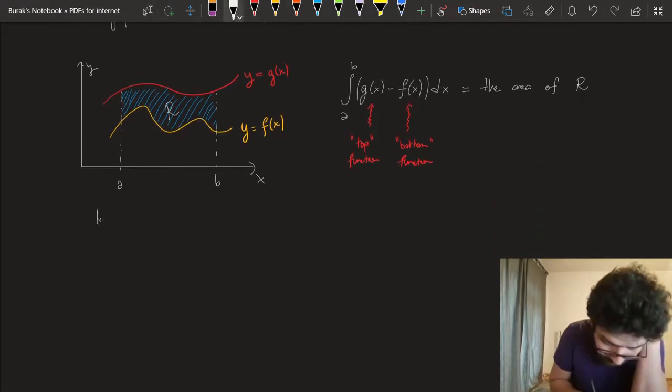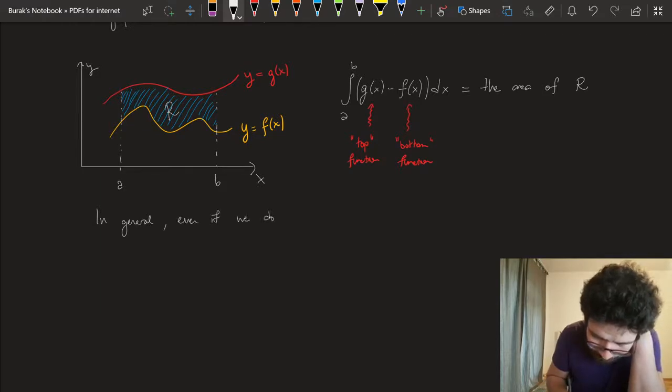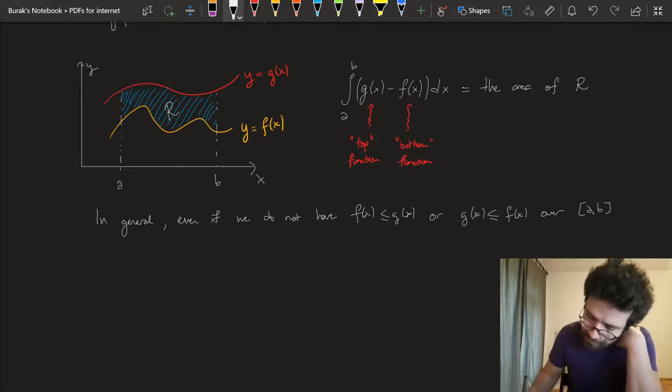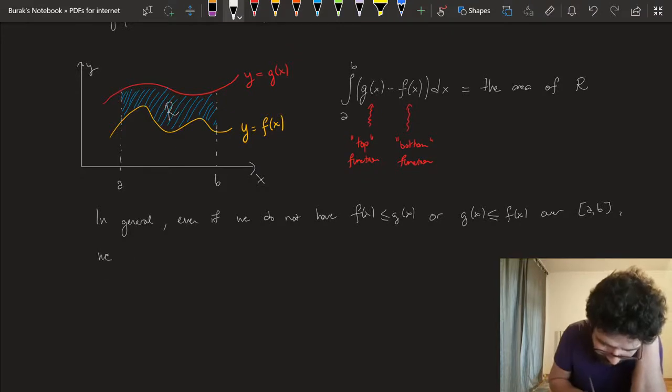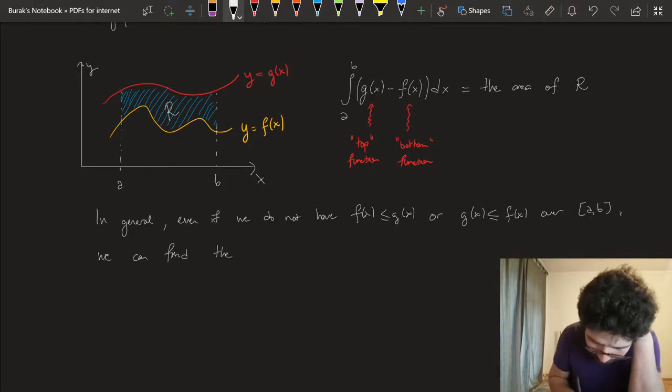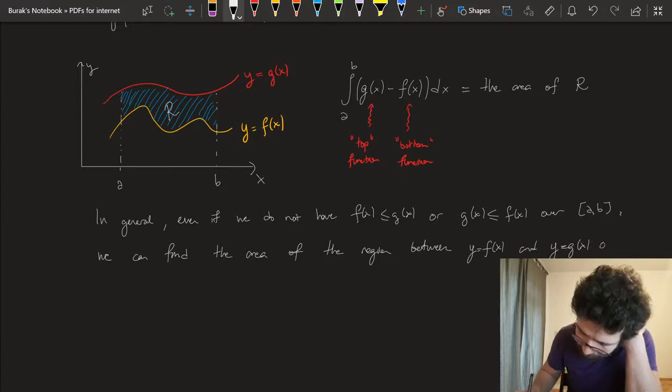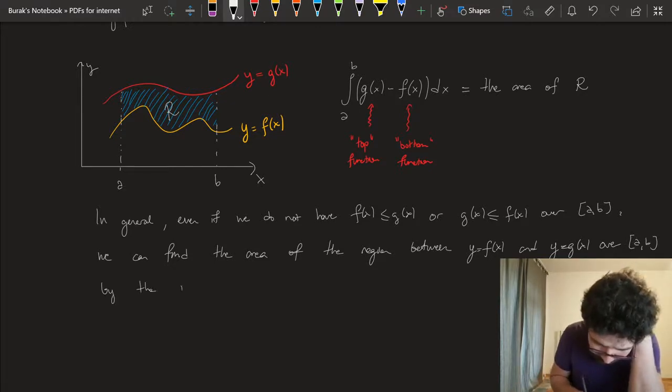Now, in general, even if we do not have f(x) less than or equal to g(x), or g(x) less than or equal to f(x) over the interval [a, b], we can find the area of the region between y equals f(x) and y equals g(x) over the interval [a, b] by the integral